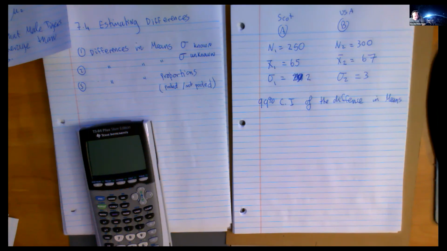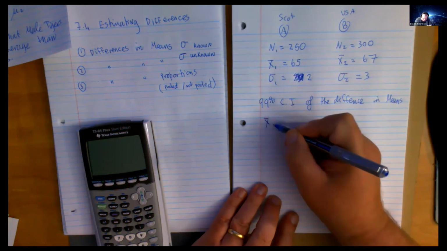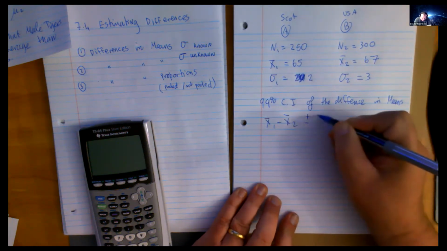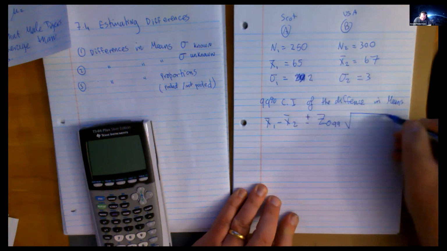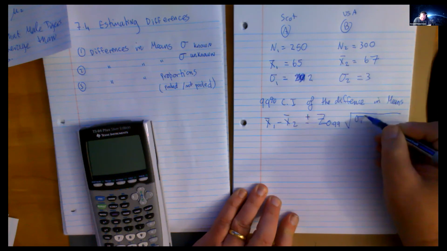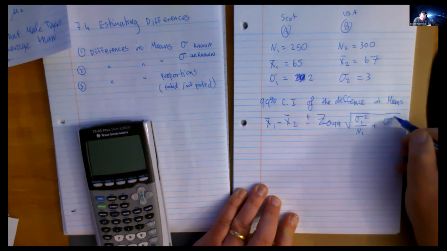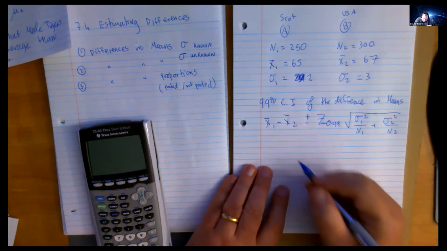So this is going to be the second and last time you're going to see that ugly formula. After that, we're going to just do the calculator version. So, x1 bar, take away x2 bar, plus or minus the magic z-score for 99 times this ugly guy. Sigma 1 squared over n1, sigma 2 squared over n2. The numbers are